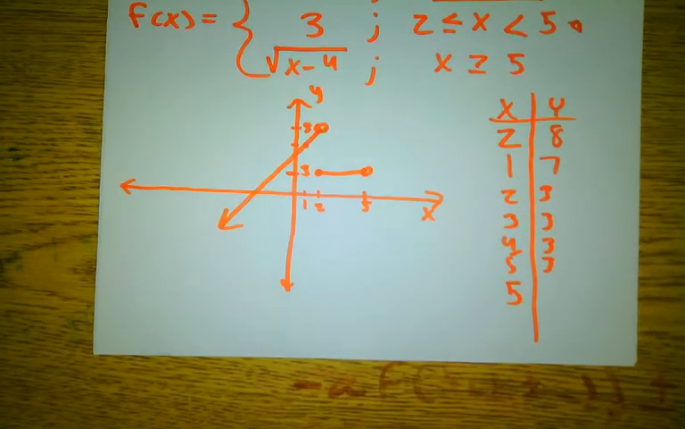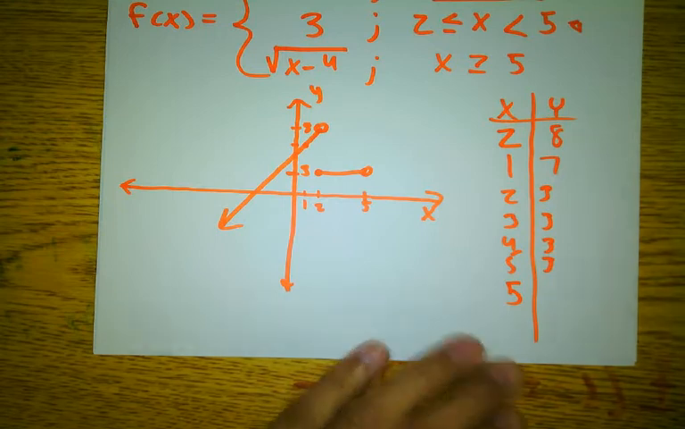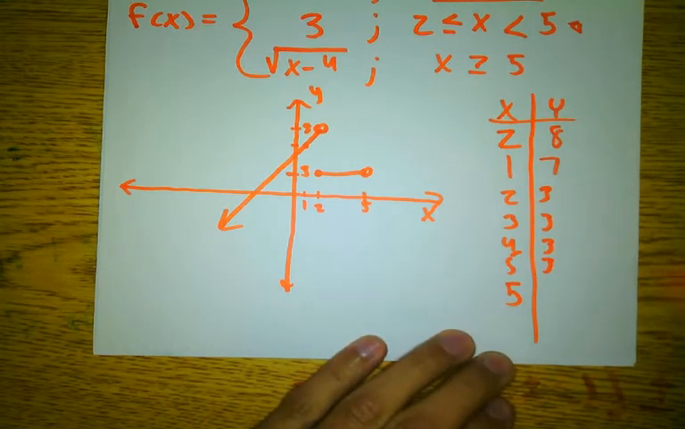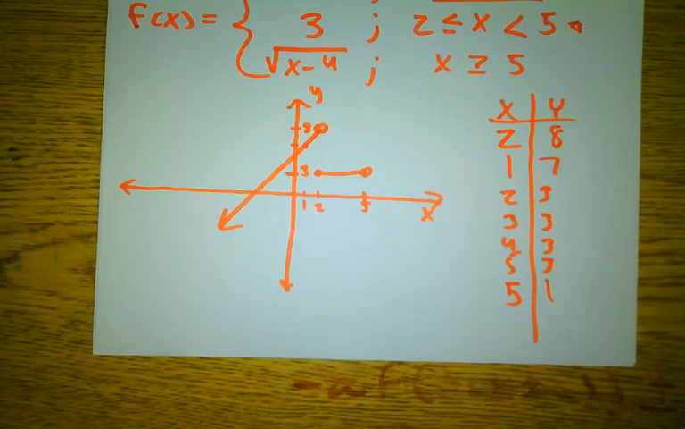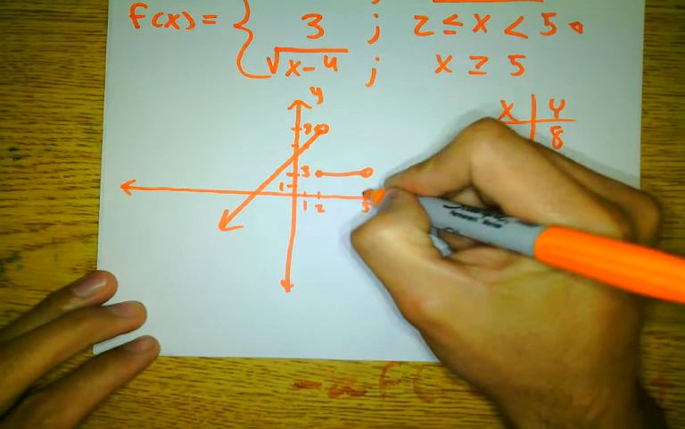5. Why do I care about 5? Because I'm equal to it. Okay? So if I input 5 into the square root equation, what do I get? Square root of 1, which is equal to? What's the square root of 1? Okay, cool. I was like, wait a second. I was like, 1. All right, so I have the point 5 comma 1, which it's going to be about